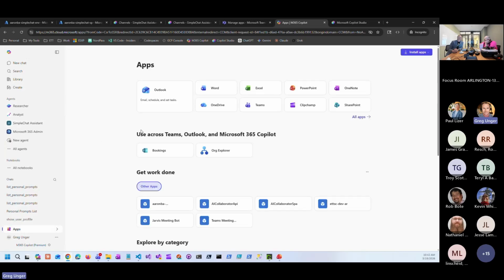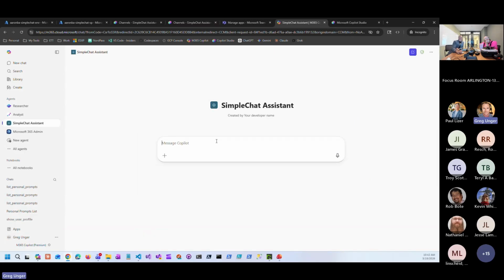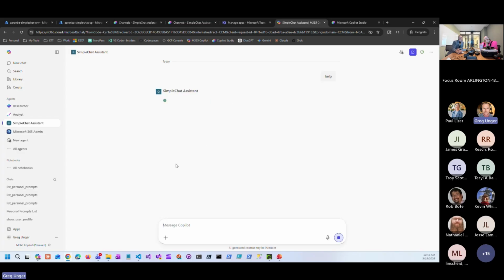I'm finding the app because now I've exposed the app, or really agent. So they keep overloading the terms here. The agent's the same thing as an app. So when I was in Copilot Studio and I published the agent to the Teams Copilot 365 channel, it surfaces that agent as an app in M365. I come in here, I add that app, I make it available, and now it's the same thing as running it in Copilot Studio, where I can come in and I can say, help.